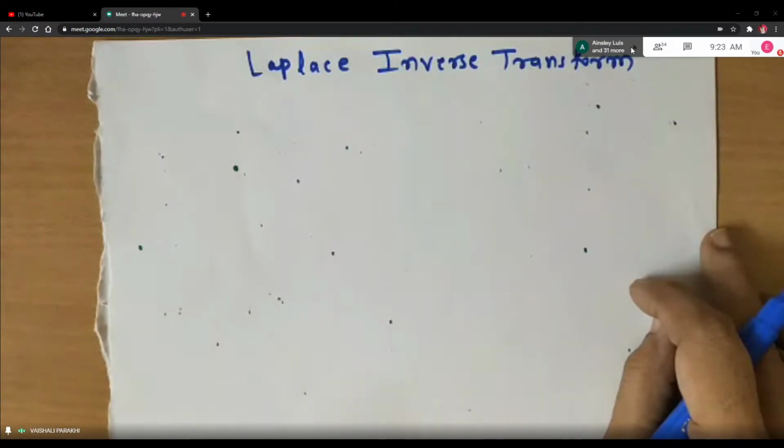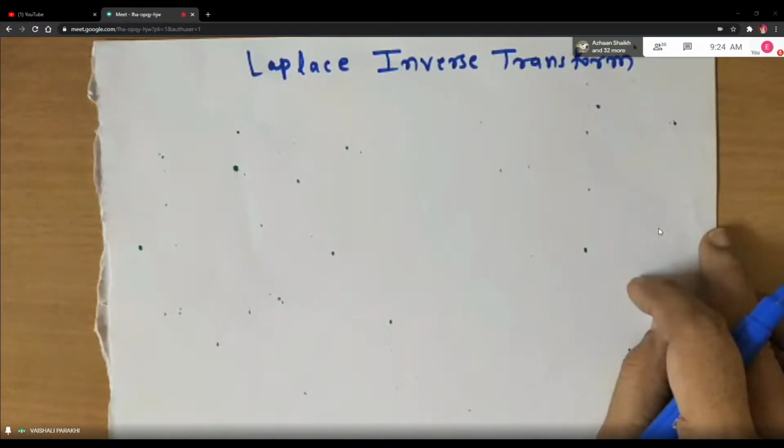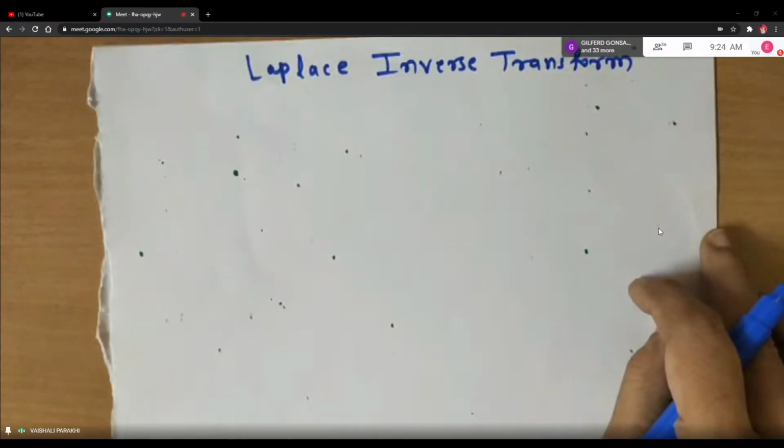Then the second method I told you is the first shifting property. Suppose the same number is added or subtracted from s, how to use the first shifting property to find Laplace inverse? That is by adjusting the constant and separating the terms. Then last time we discussed the partial fraction methods. There are different rules to write the partial fraction. It is just for splitting the given function. Once you split the given function with plus minus signs in between, you can easily find Laplace inverse of each term individually.